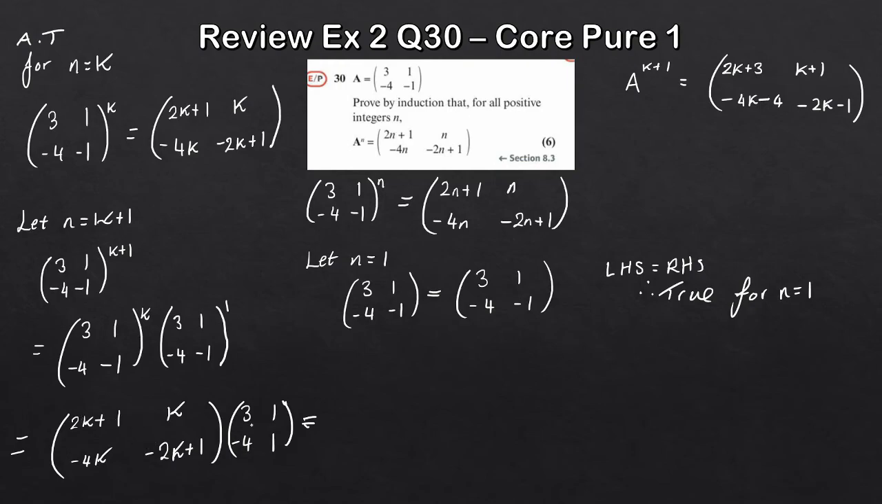2k plus 1 times 3. So if we write this out in full, this is 3 lots of 2k plus 1, and then minus 4 times k, we get minus 4k there. Okay, that's just the top left one. Now I do this row again by this column to get the top right one. So that's going to be 2k plus 1 plus k